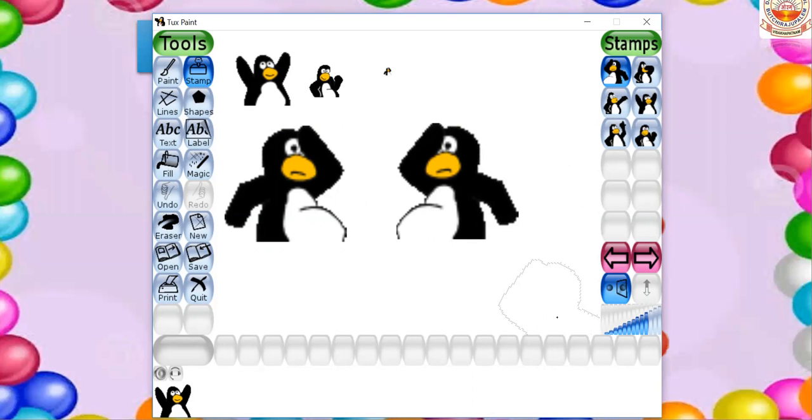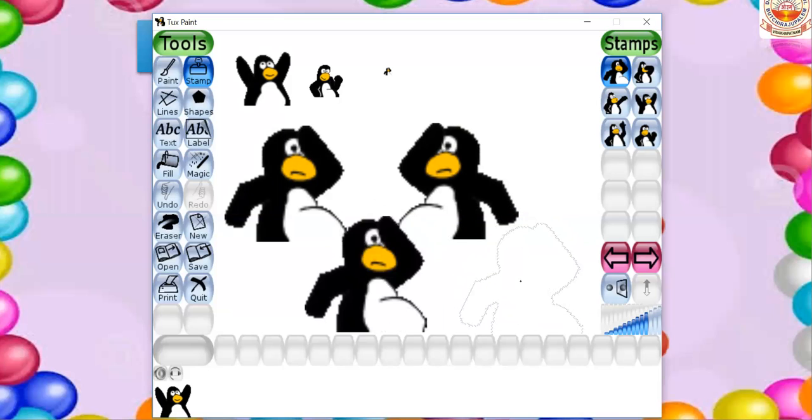Again, the same picture we will select and go to the icon, then come to the drawing area, then press it. You can see the direction has been changed. Okay, children. So we can even change the direction of the stamp by clicking the icon. Understood, children? So we can increase or decrease the size of the stamp, and also we can change the direction of the stamp by clicking on the icons. Okay, children?